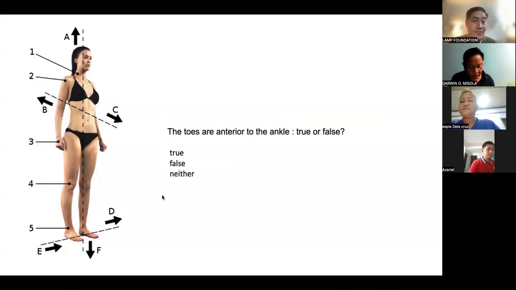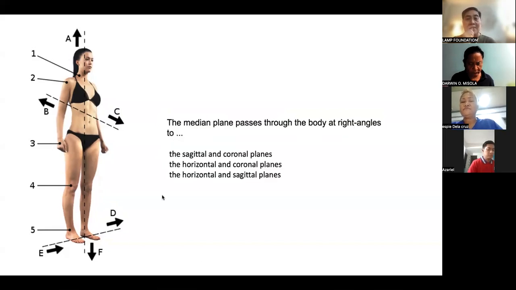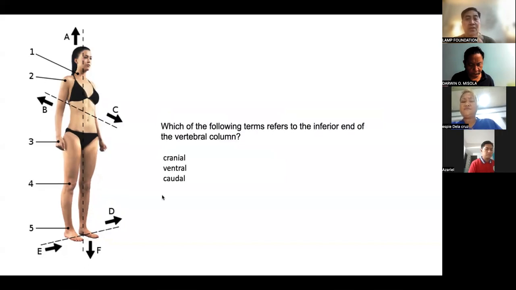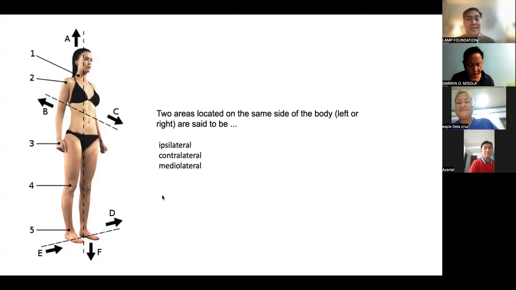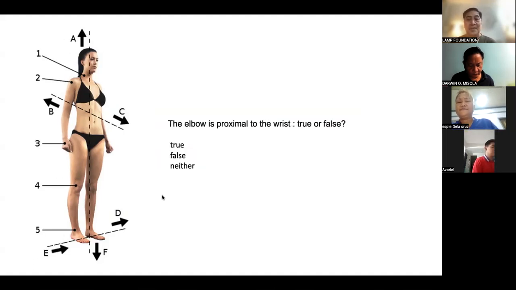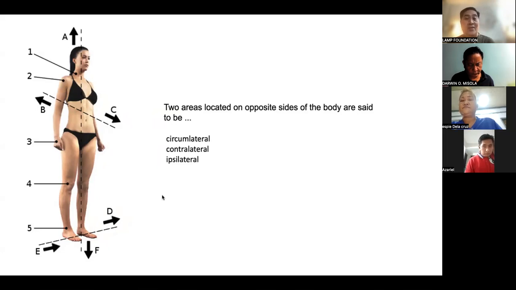True. The median plane passes through the body at right angles to horizontal and coronal planes. Which of the following terms refers to the inferior end of the vertebral column? Caudal. The two areas located at the same side of the body, left or right, are said to be ipsilateral. The elbow is proximal to the wrist. True or false? True. The two areas located on opposite sides of the body are said to be